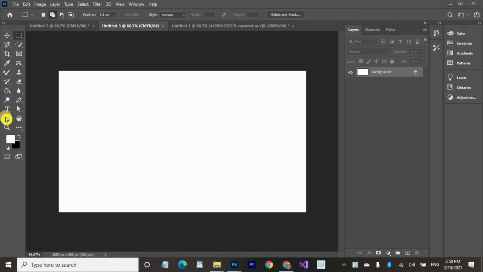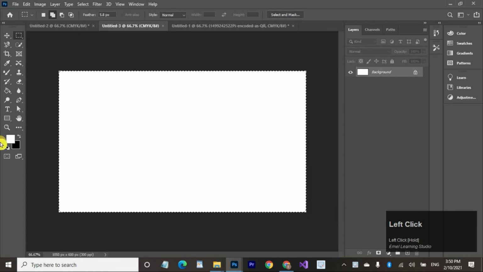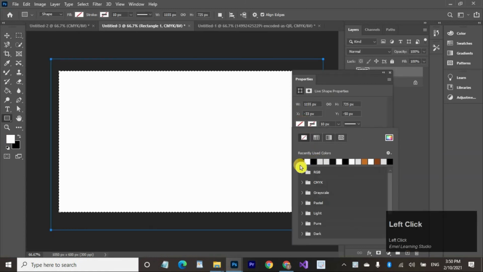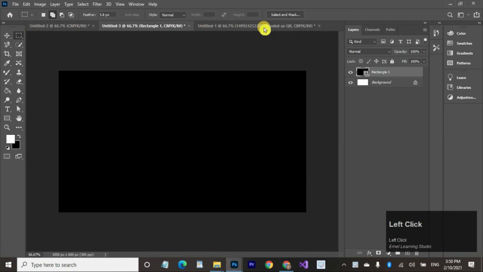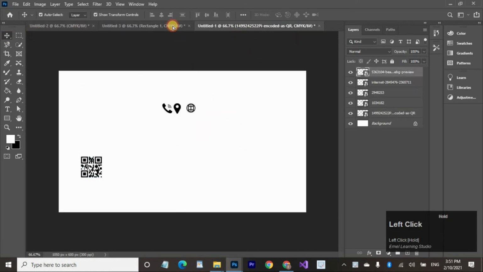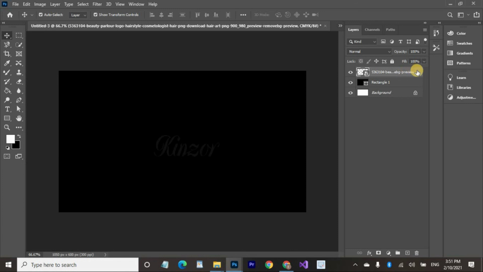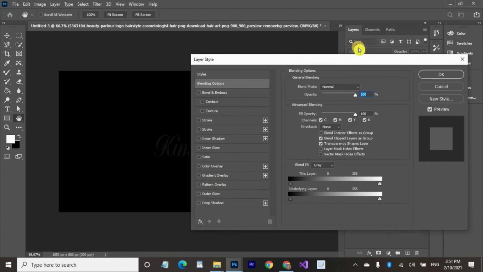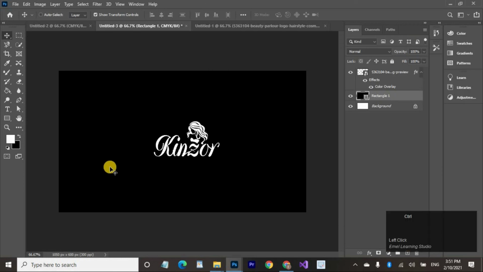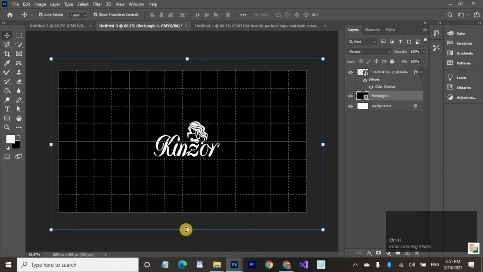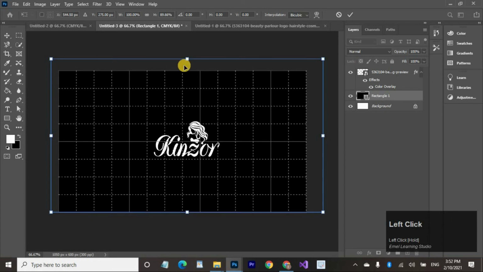For this, take the rectangle tool and make a rectangle. Here we select our color black. Okay, now take our logo here. Its color is white. Okay, now adjust the rectangle in the box frame.